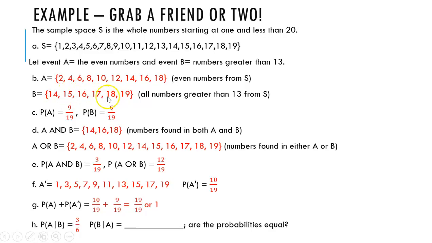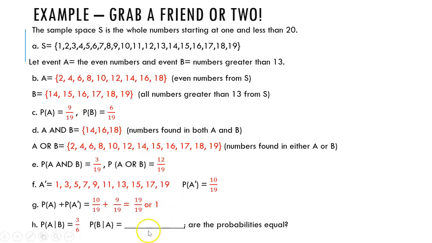So again, this is my 6. The given changes your denominator. I don't have all the values to choose from anymore. I only have the values of B to choose from. And then it's the probability of A, that it's an even number, given that it was a number greater than